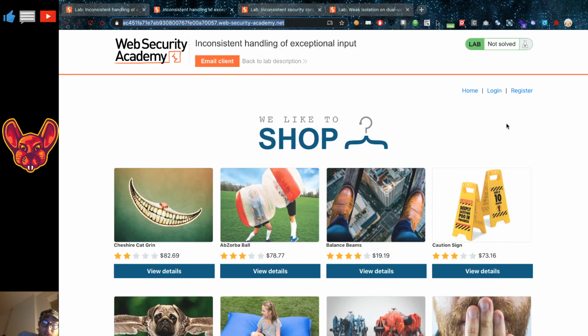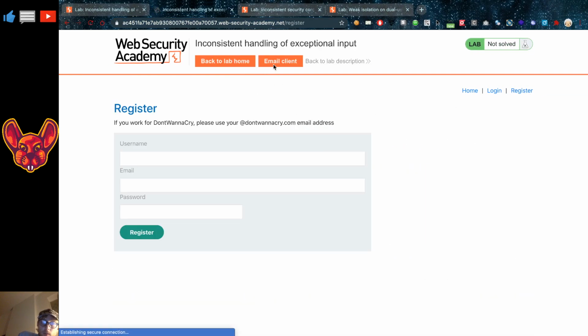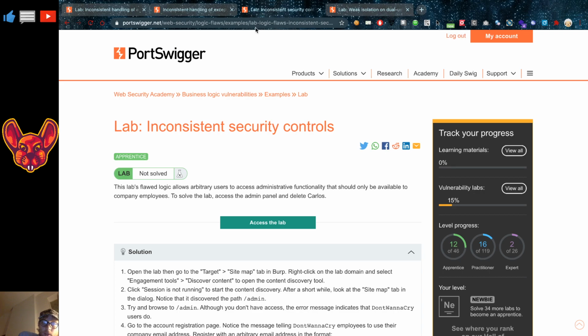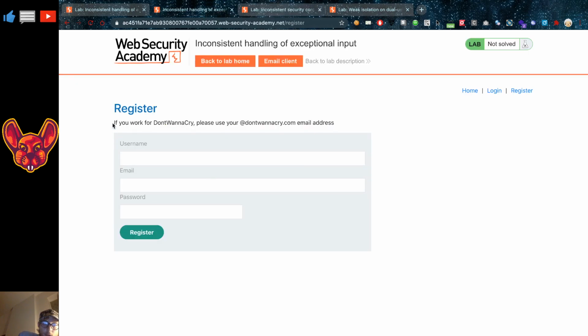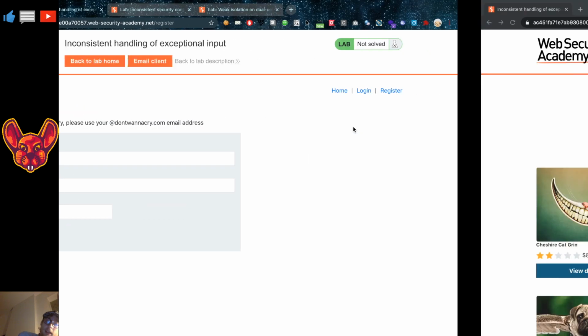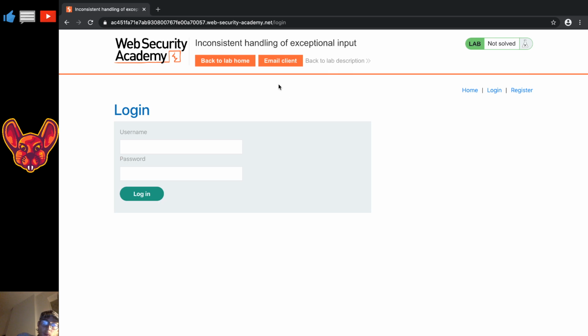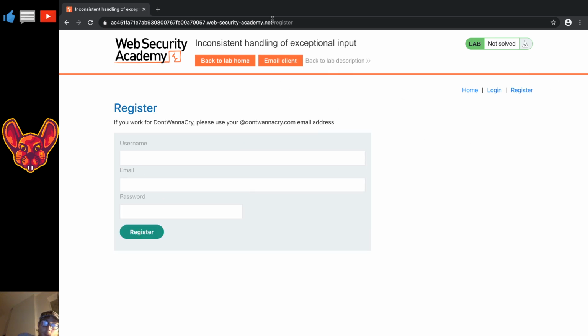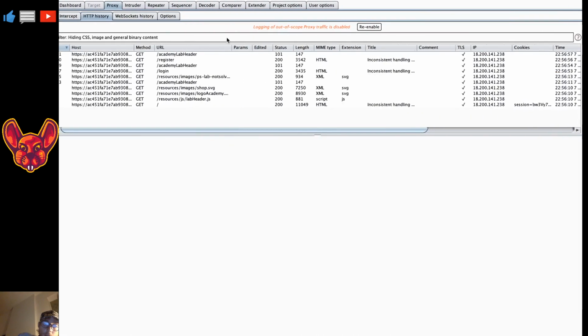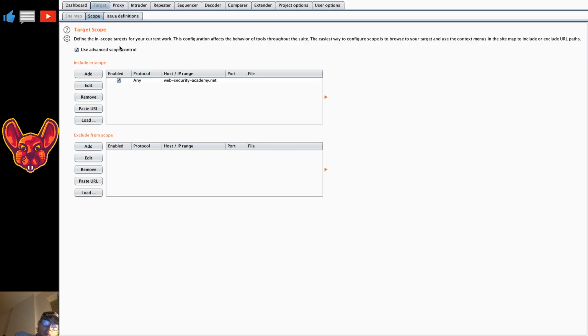So for this one we have to register, and if we go back, you see: if you work for DontWannaCry, please use your dontwannacry.com email address. Now we don't have that email address. We have an email client here on the top. By the way, I switched back to the proper Chrome window. Since we see some traffic and we're going to explore the site some more,